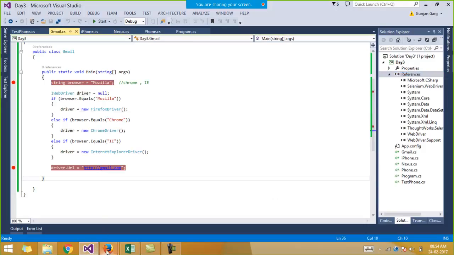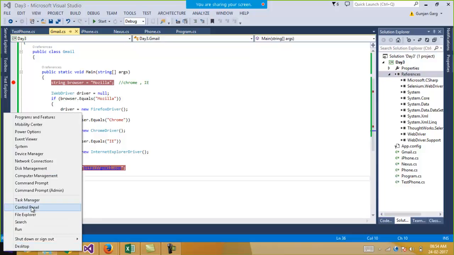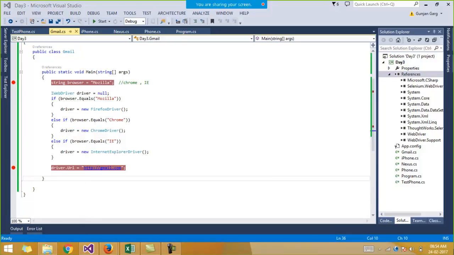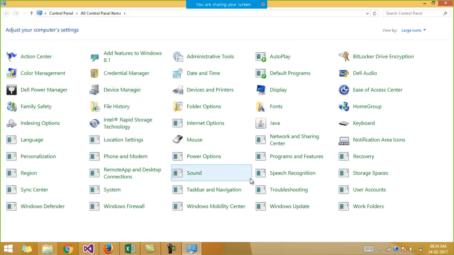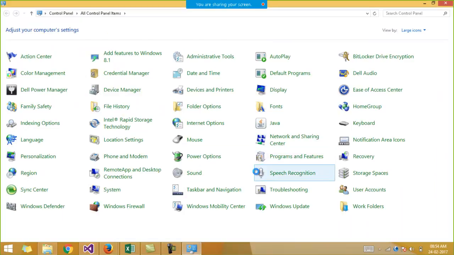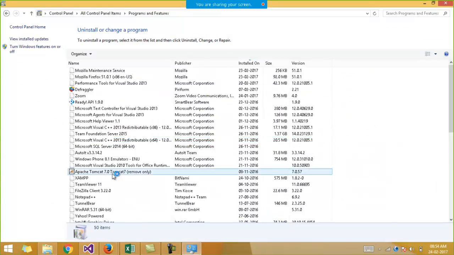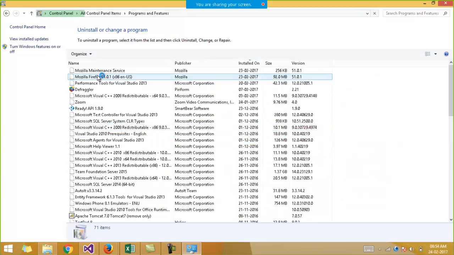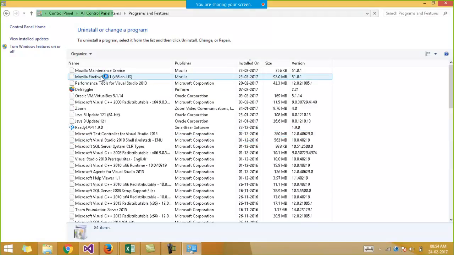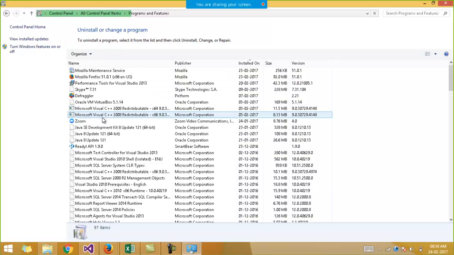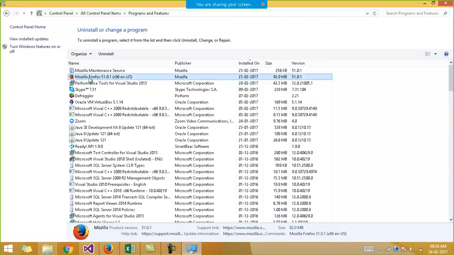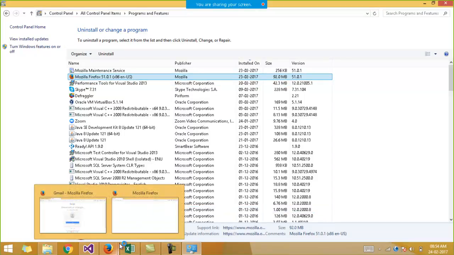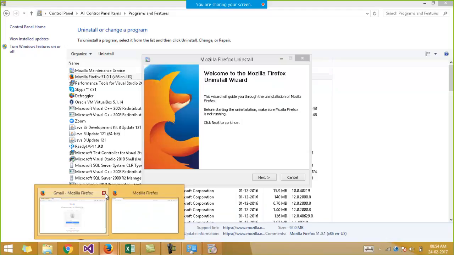So I'll have to uninstall it first. It will take some time, 5 to 10 minutes. You see that I now have version 51 of Firefox on my system. It will ask me to close the browsers.